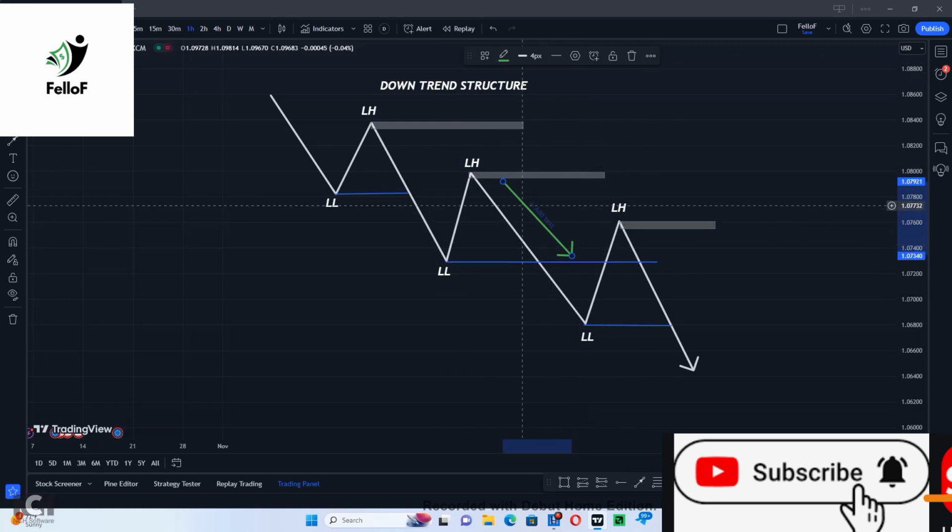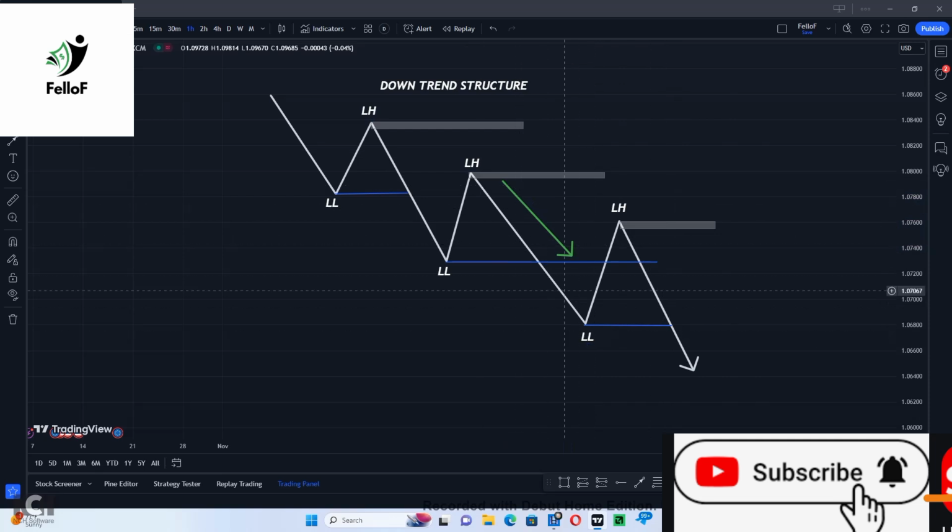Okay, you go down to the lower time frame to get lower time frame confirmations for you to get a perfect entry. You can as well have a sniper entry. This is a strategy I use for my sniper entries. I just go down to a lower time frame and look for a break of structure on the lower time frame. Because if you see this move on the daily,